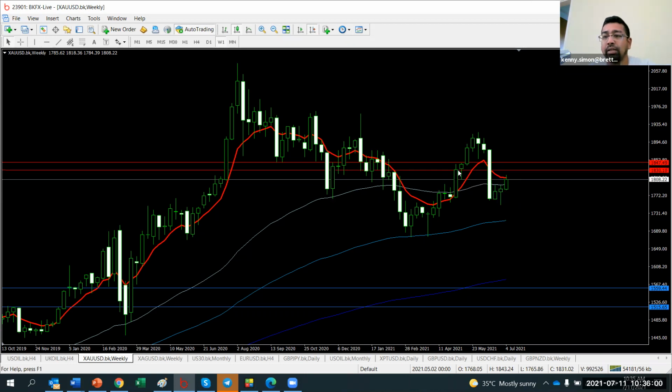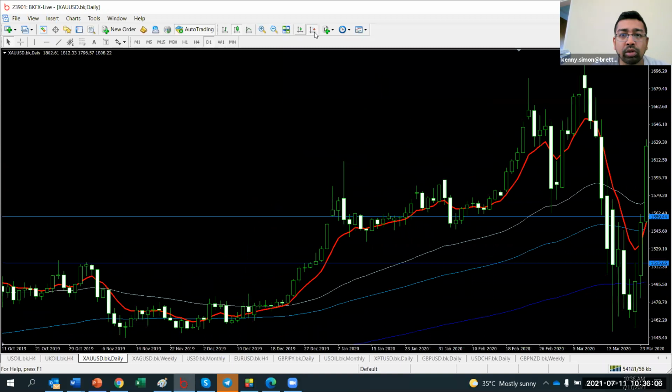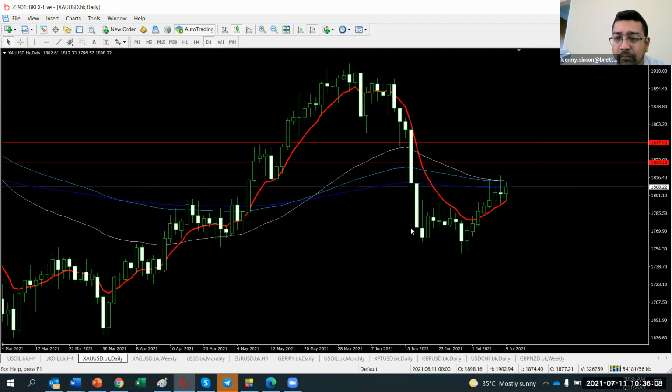Okay, so you've got 1830, you've got 1847 or 1845. As we move to the lower time frame, you can see that you've got one immediately around this area that coincides with this area right here. You have to take into consideration this short-term area as a potential resistance here. Very powerful area, I think. And that's at,